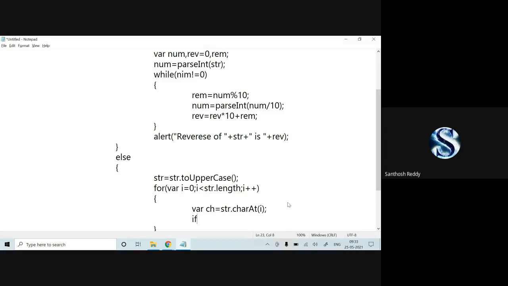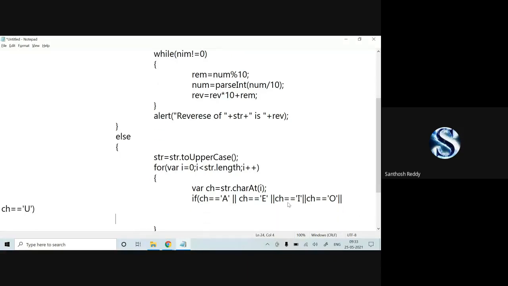Now we will check whether it is a vowel or not. So if ch is equal to A, or ch is equal to E, or ch is equal to I, or ch is equal to O, or ch is equal to U. A, E, I, O, U are the vowel characters.